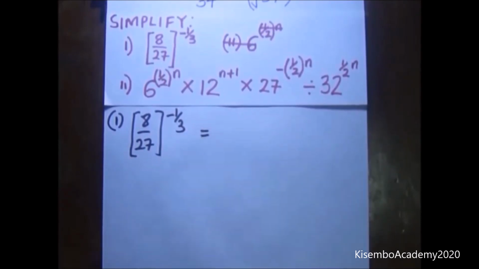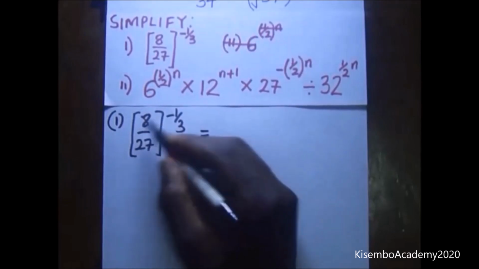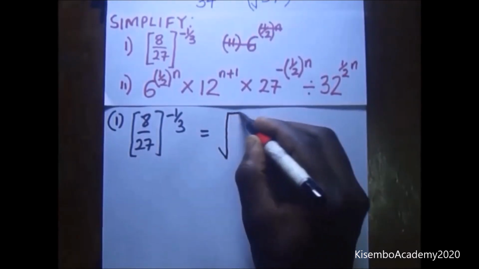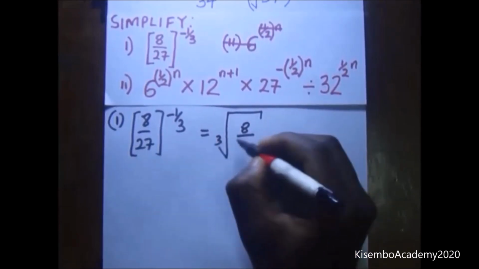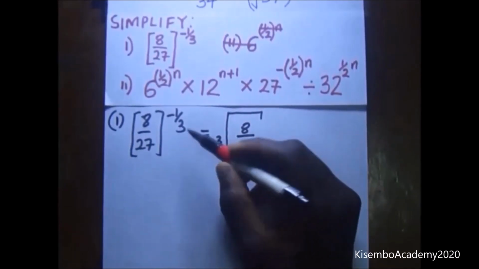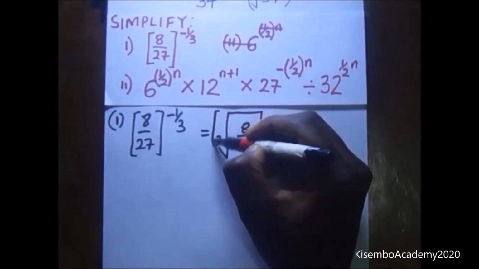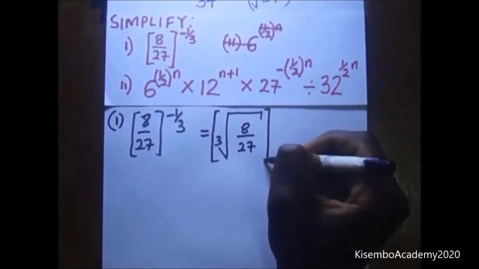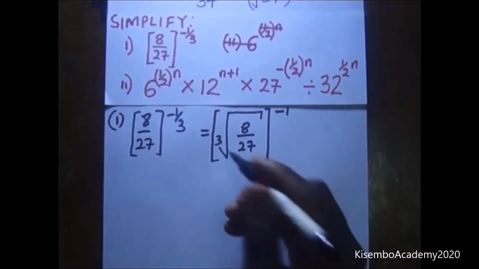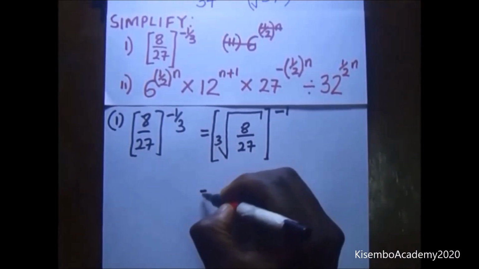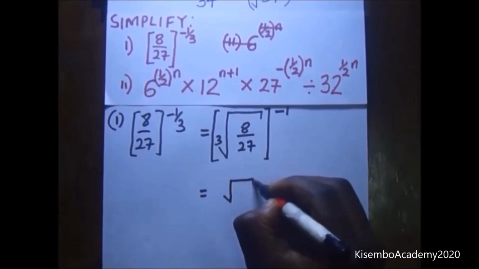Remember, this is the same as saying it is the third root of this whole thing, so it's going to be the third root of 8 over 27, and all this is going to be to the power negative 1. As simple as that. So the third root is the same as saying the third root of 8